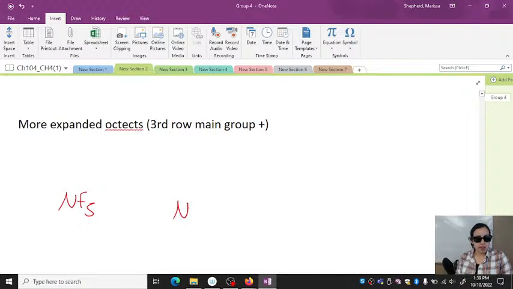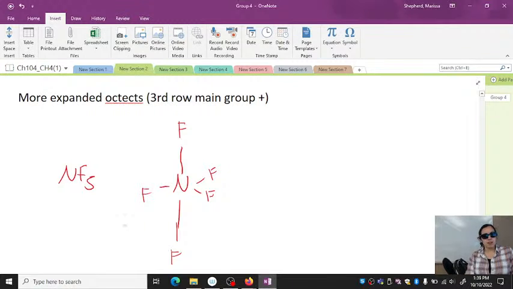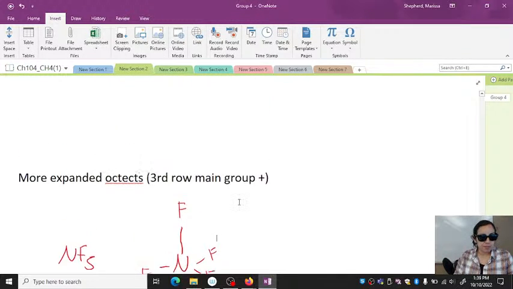And so the problem with NF5 is it physically can't fit everybody around it. The only way it would work is if it had unnaturally elongated nitrogen-fluorine bonds, and that's the only way it fits in there. So it's theoretically possible, but of course this would be really unstable even if you could isolate it. But again, it could totally do it if it could physically fit those fluorines around it.